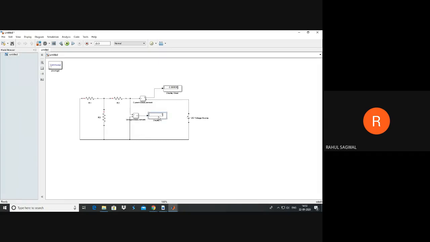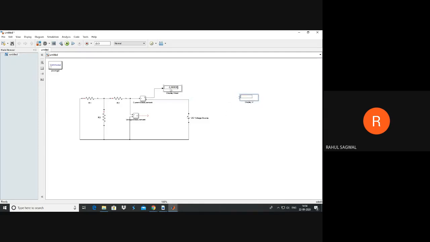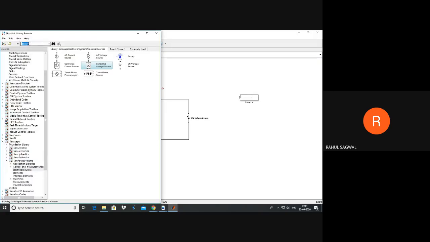So for that, what we can do, go to library browser, search for mathematical operator divide.